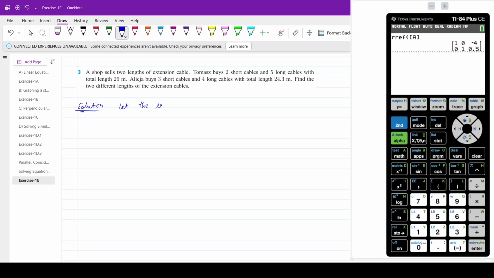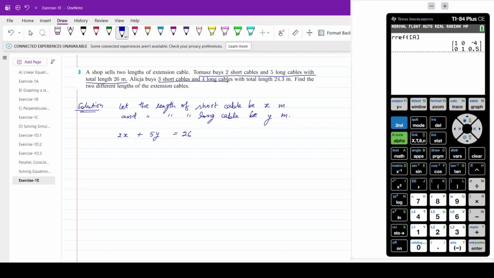Let the length of short cable be x meters and the length of long cable be y meters. So from this sentence we can say that 2x plus 5y is equal to 26,